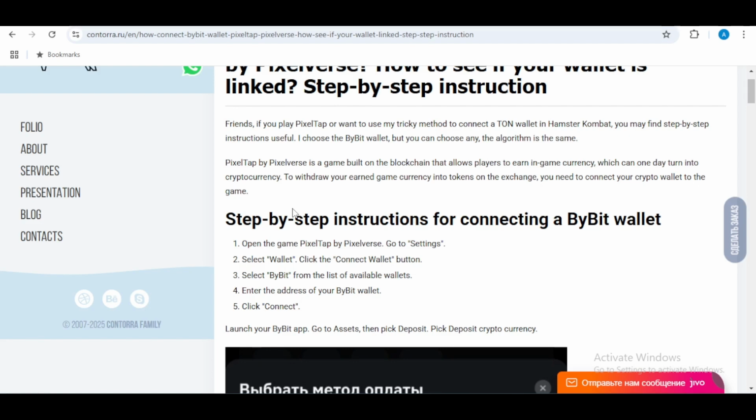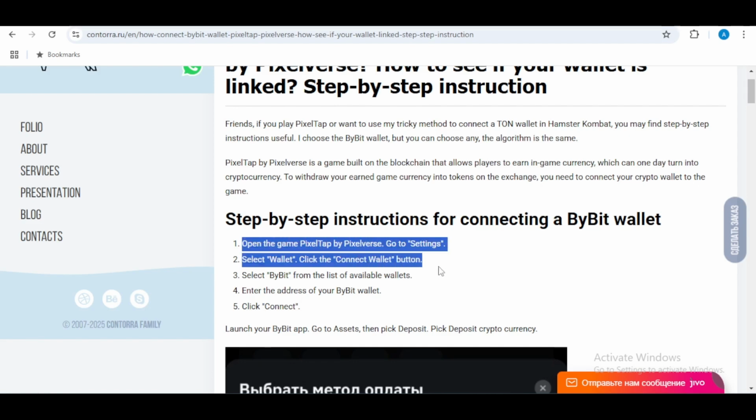However, connecting your wallet can sometimes seem daunting. In this video, we will walk through a simple step-by-step process to connect your Bybit wallet to Pixelverse. Whether you are using the Pixel Tap or any other Pixelverse platform, this will guide you through the